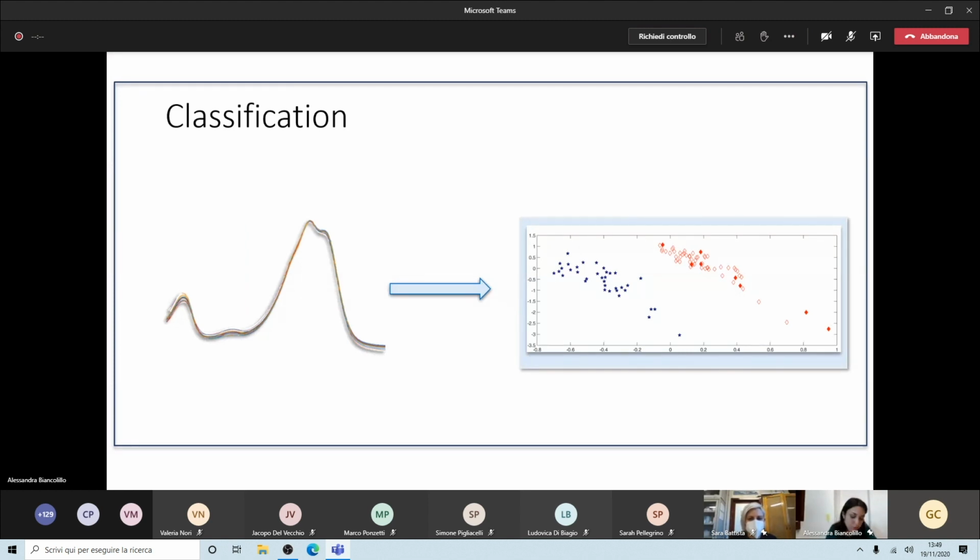So, in order to give a general definition of classification, we say that we are classifying when we classify samples according to categories on the basis of the characteristics samples present.